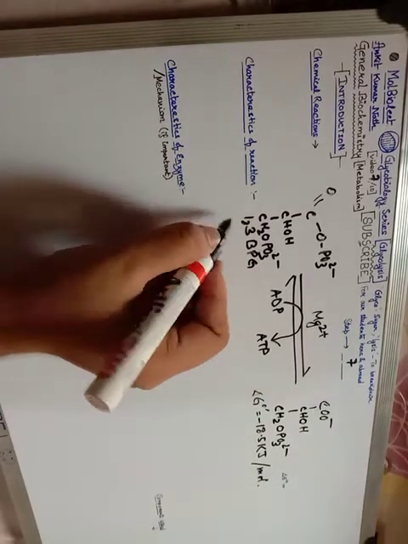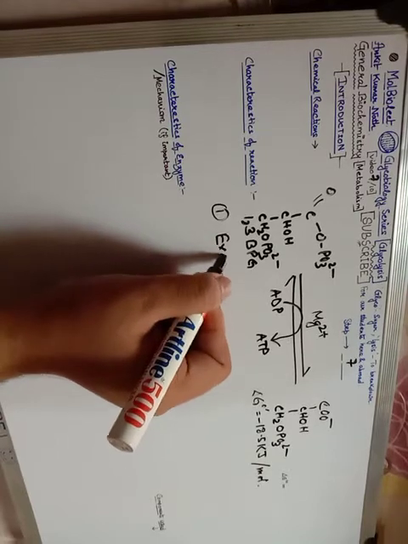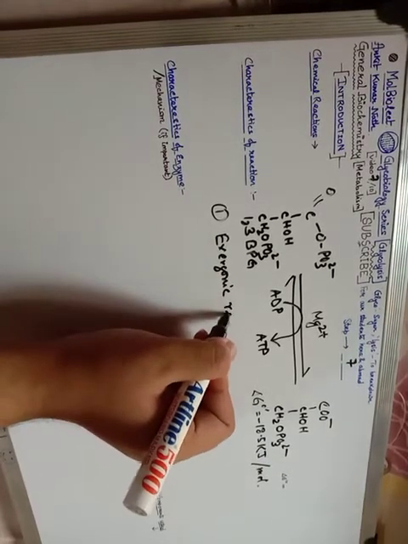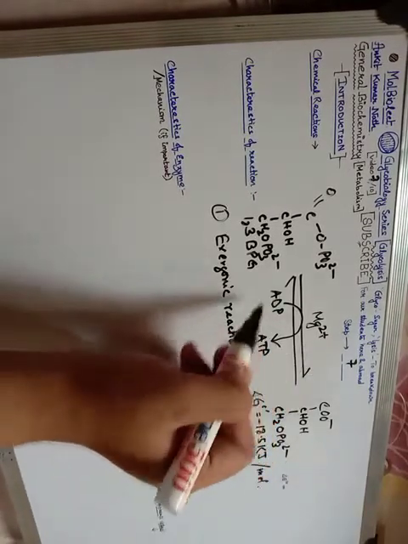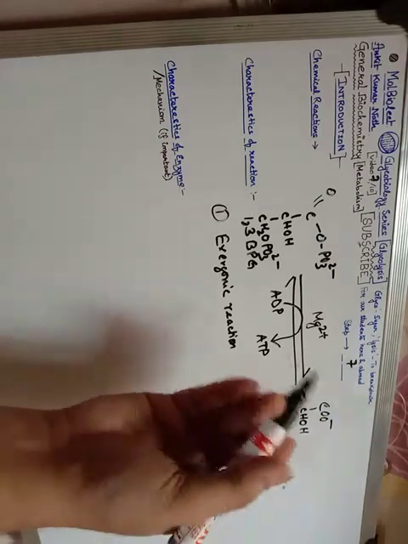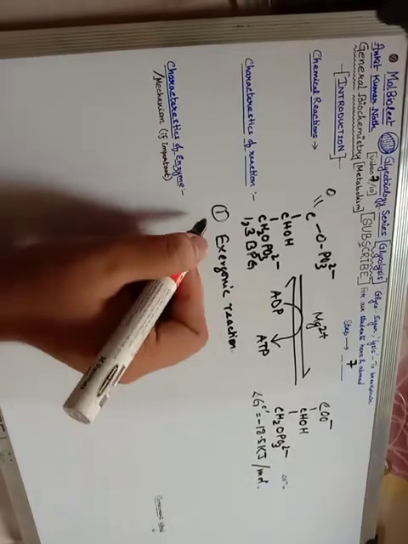So next we will start with the characteristics of the reaction. First of all, this reaction is an exergonic reaction because the del G value is on the negative side. So it's an exergonic reaction, which is opposed to what we expect because it's a reversible reaction. We expect that the del G value should be on the positive side, but it's the opposite of what we estimate. So it's an exergonic reaction.